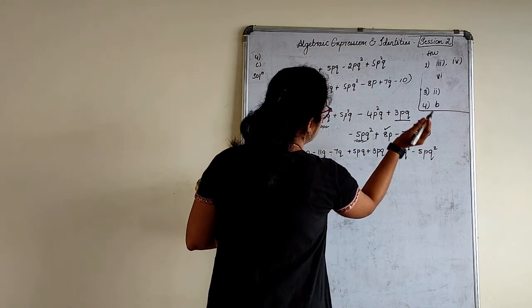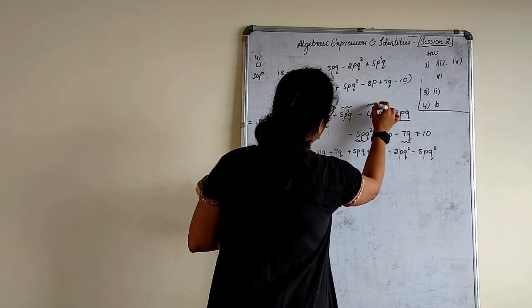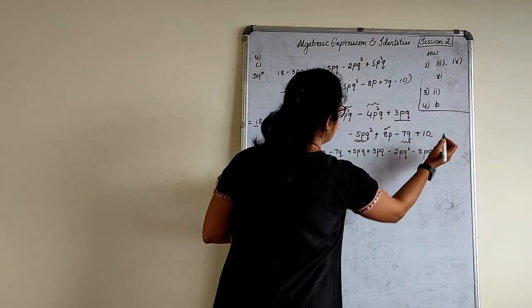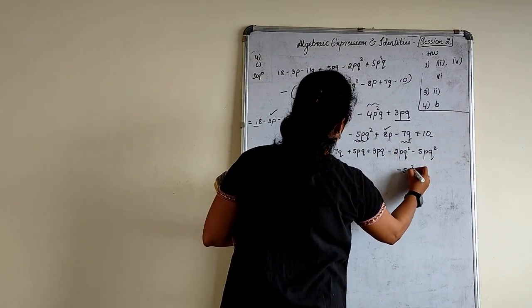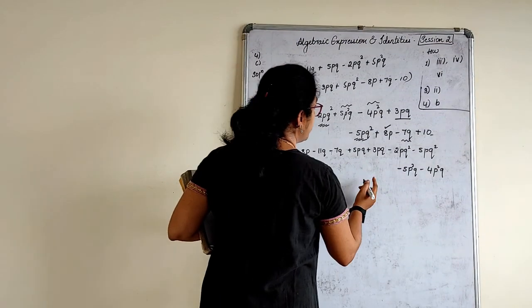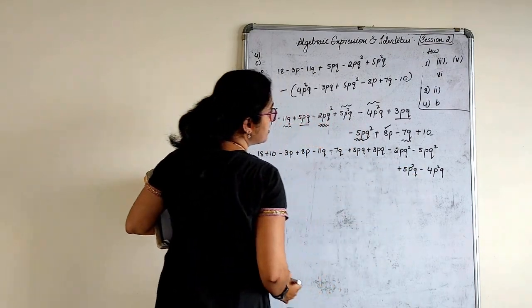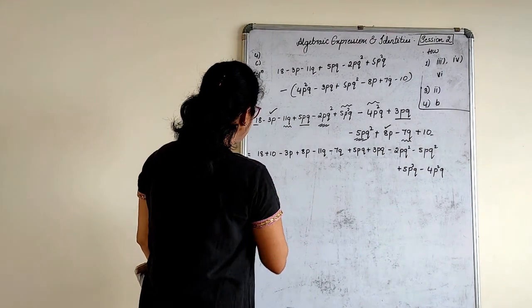Then what is remaining here? The last part, 5p²q, 4p²q. See, with this all we have done. Even this we have done, even this we have done, right? Last is minus 5p²q minus 4p²q. Yeah, we got it. One second. These two, yes, it is plus, not minus. Even with a single sign you go wrong with the whole thing.